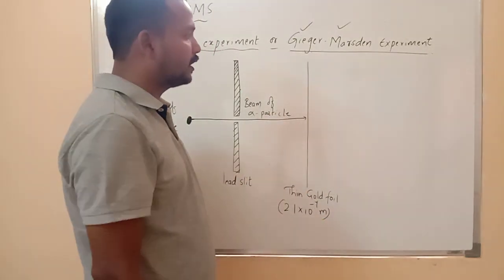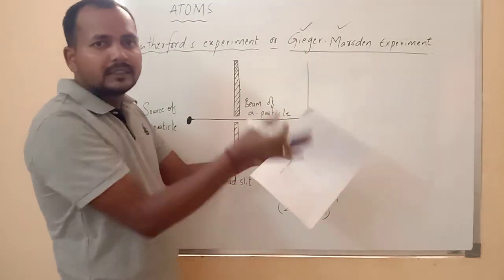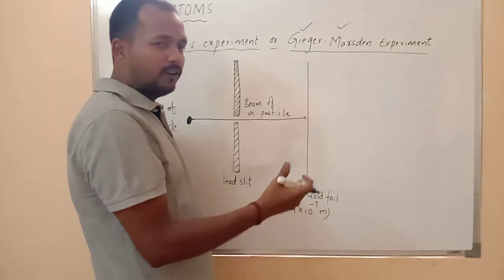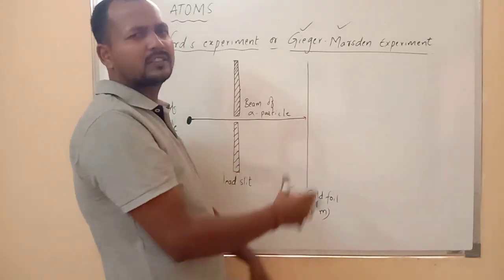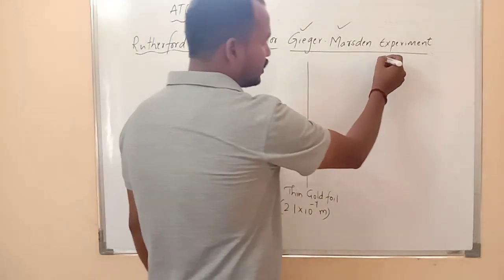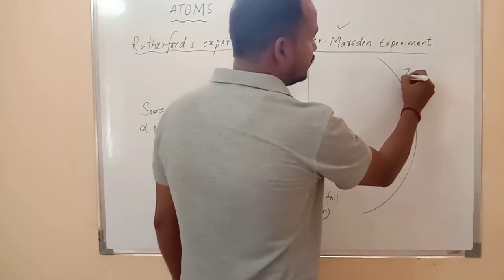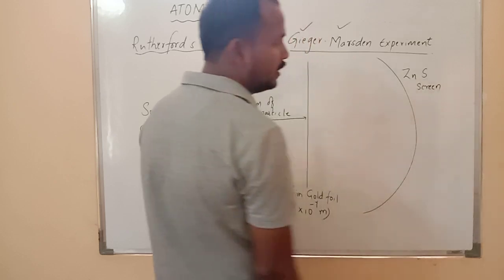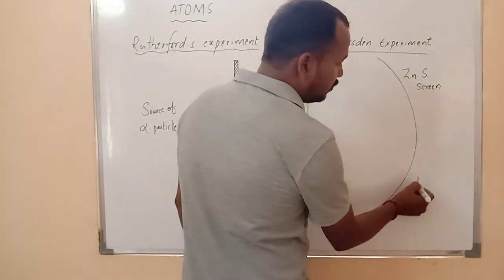And what happens after incidence on the thin gold foil? The alpha particles will start scattering. When they scatter, we have to find out how they are incident on some screen. So here some screen is used. This screen is made up of zinc sulfide, and it also has some moving